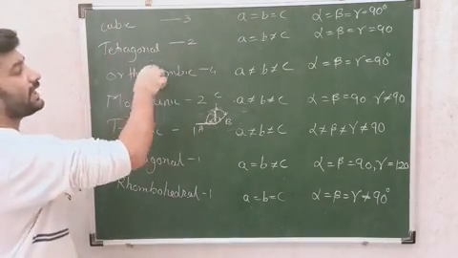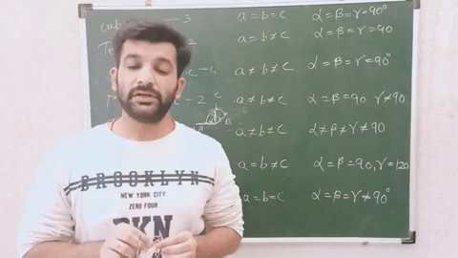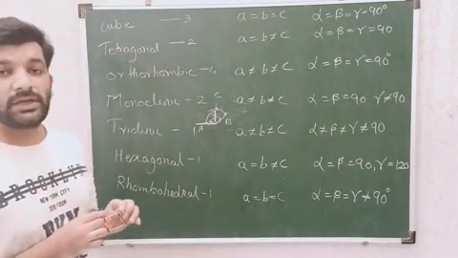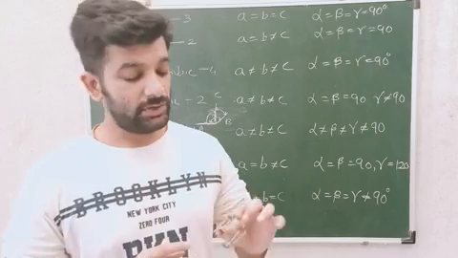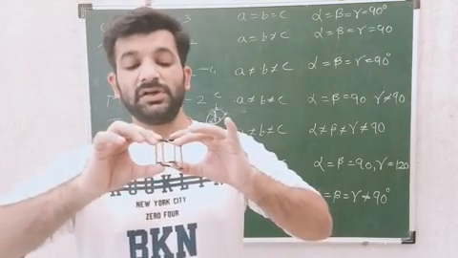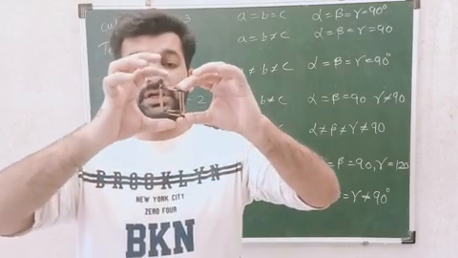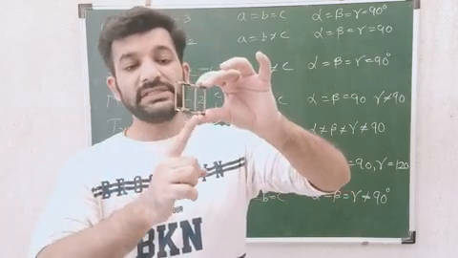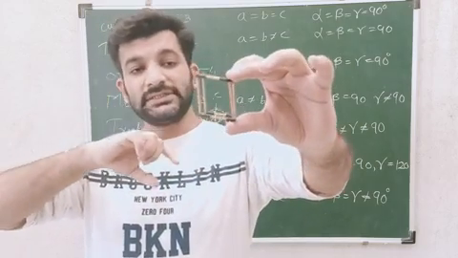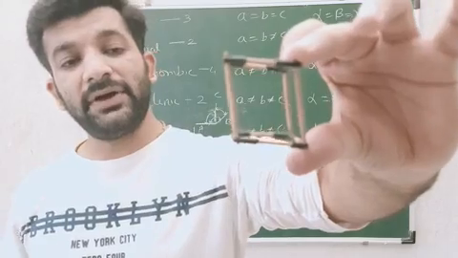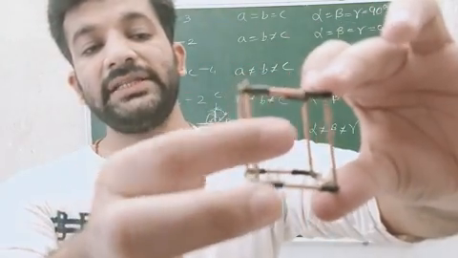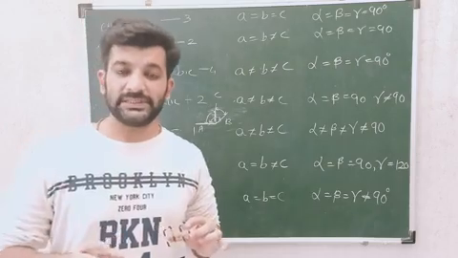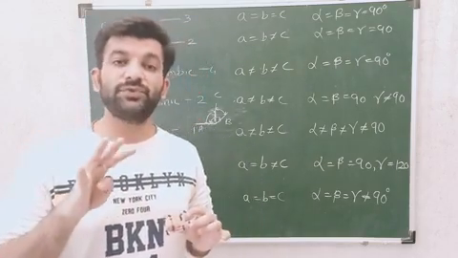Similarly, tetragonal will have two types. Primitive, which is very simple, means at corners I will have 1/8 atoms, and the second one is body centered. Now, the name which I am constantly saying is base centered. Base centered means what? At only the bases or at the opposite faces you will have half atoms. Means this is one face and the top one is the second face. At these opposite faces I can have half atoms present. That is known as what? Base centered. That is the fourth type.